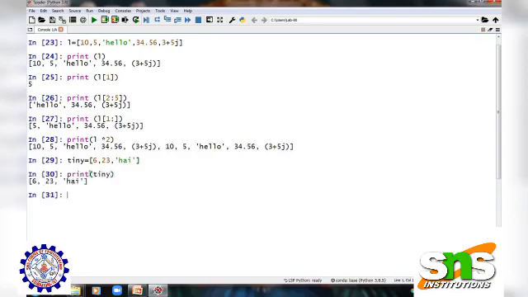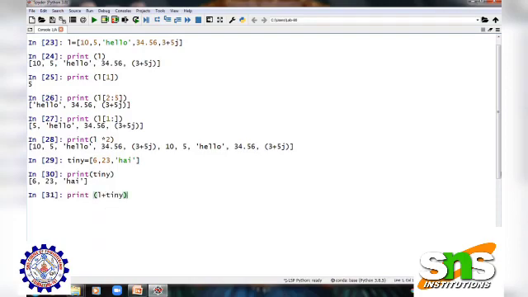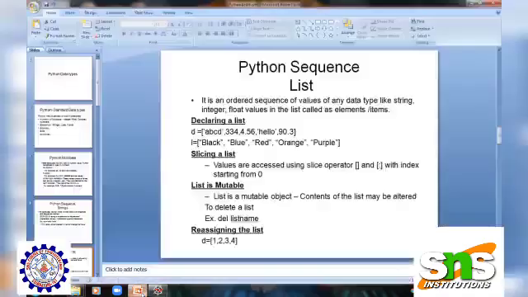And after which I want to combine 2 lists. So for that I can write L, the already created list, plus this tiny list. This is the list which I have created now. If I give it like this, 10, 5, hello, 34.56, 3 plus 5j, 6, 23, hi will be created. And this list has a property, they are called mutable. What do you mean by mutable is, that is